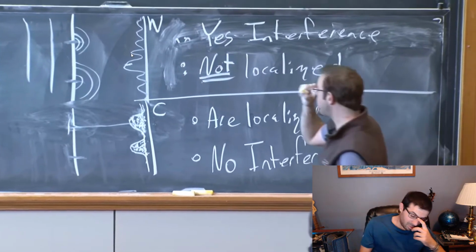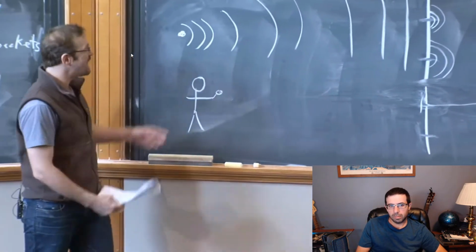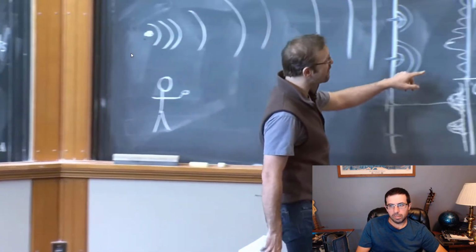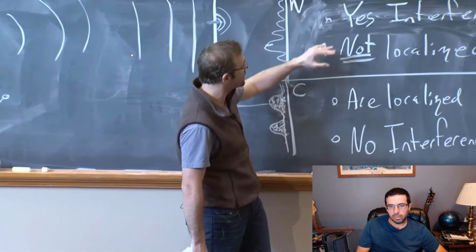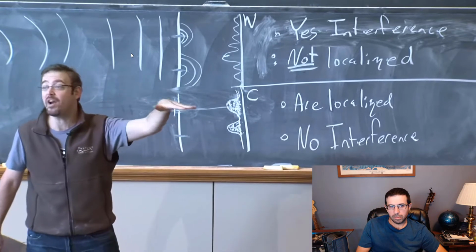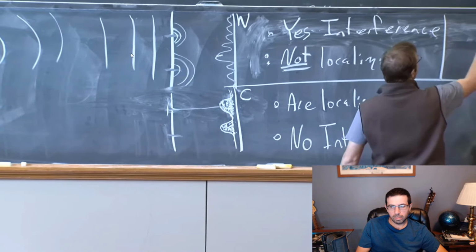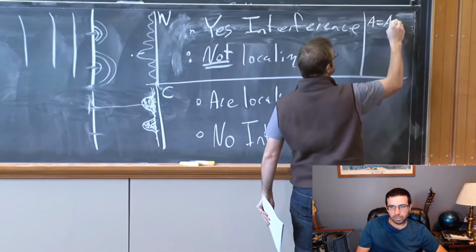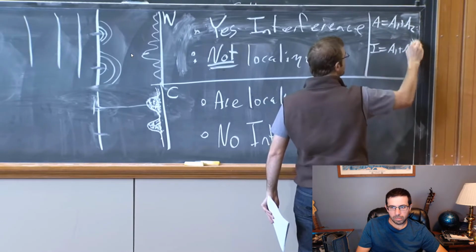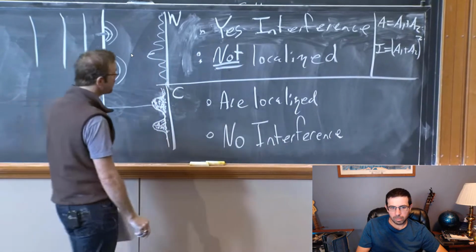Anyway, the point of the double slit experiment is that whatever else you want to say about baseballs or anything else, light, as we've learned since 1803 in Young's double slit experiment, behaves like a wave. It is not localized. It hits the screen over its entire extent, and as a consequence, we get interference. The amplitudes add. The intensity is the square of the amplitude. The total amplitude is A1 plus A2. The intensity, the square of A1 plus A2, has interference terms, the cross terms from this square. Okay.